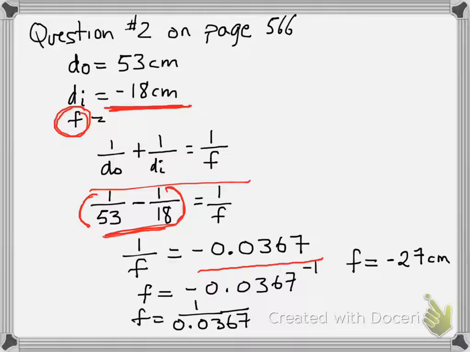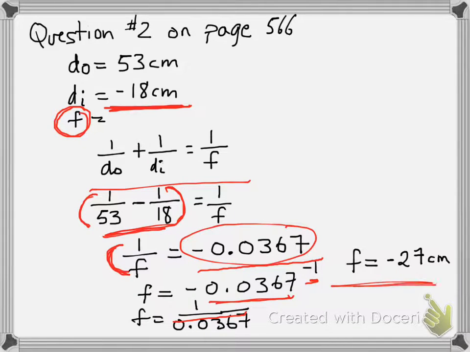Then we take this, right? We're going to find the reciprocal. We have to reciprocate the other side, because whatever we do to one side, we have to do the other. That's why I have a negative 1 here. That really means that you're taking 1 and dividing it by 0.0367, or you're dividing this decimal into 1. That will then give you a focal length of negative